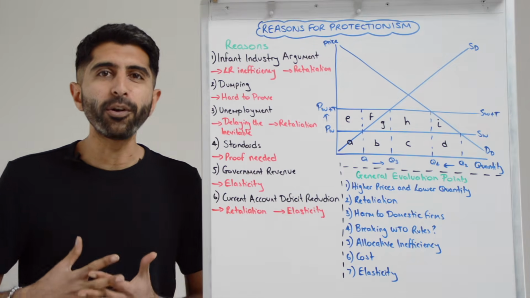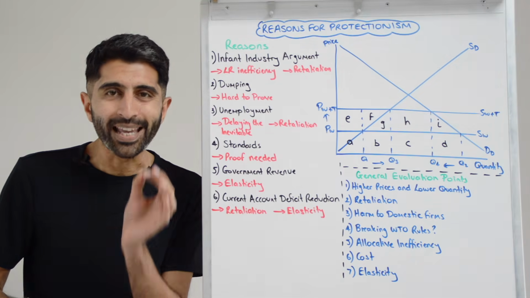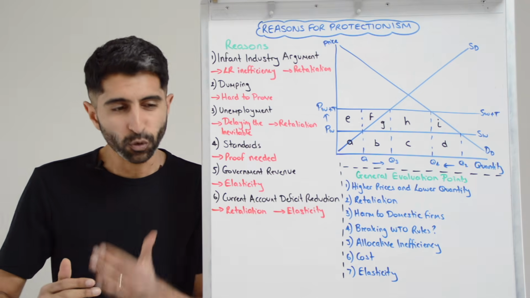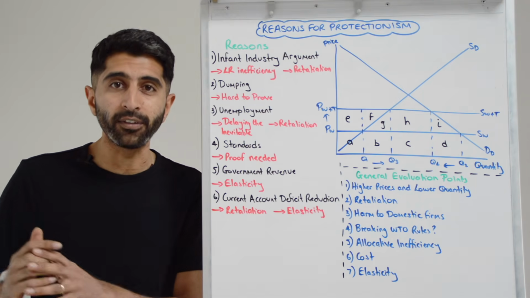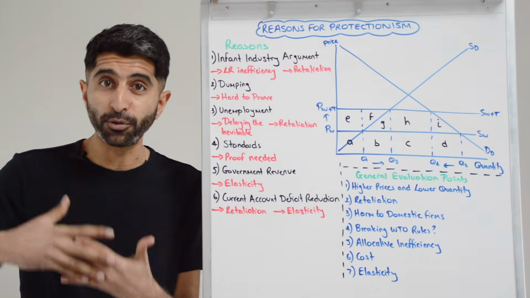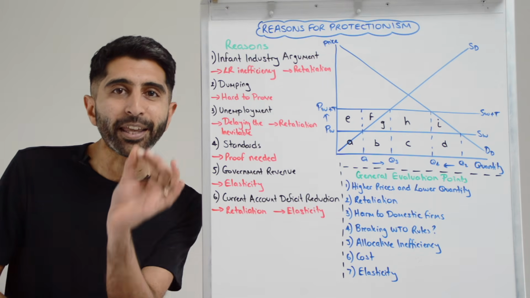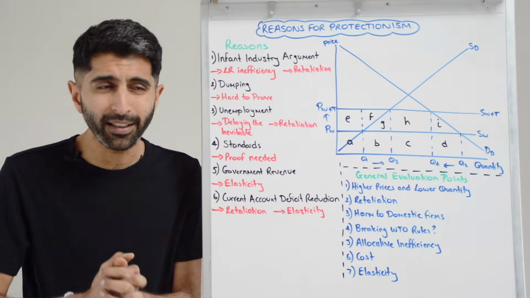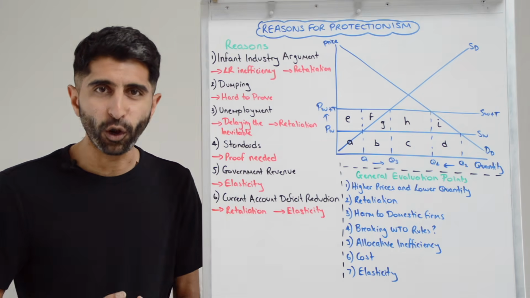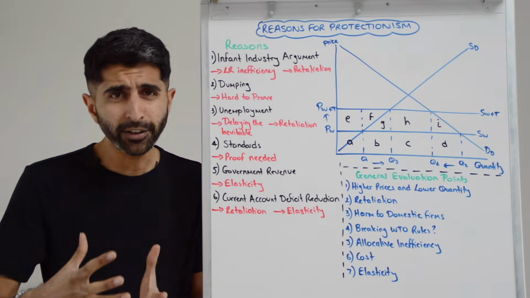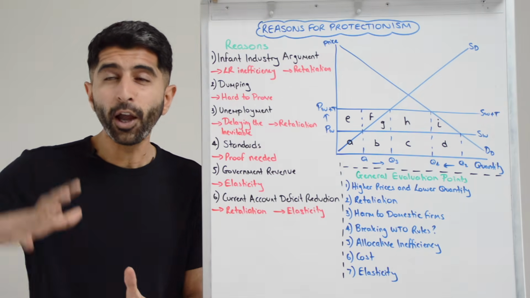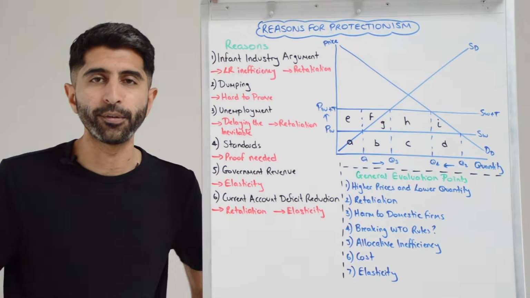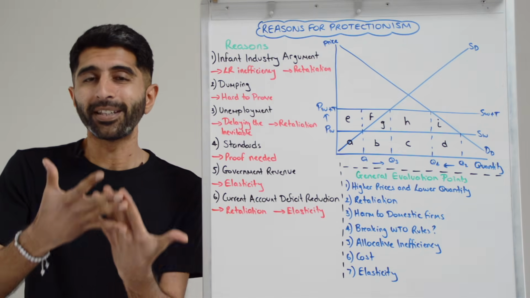Well, a very common reason for protectionism is the infant industry argument. Yes, using protectionist policies to allow small infant industries in a country to grow in size, to produce more output, to develop economies of scale, crucially, to then become more internationally competitive without that threat of global competition. And the idea is once these firms are competitive with more established industries overseas that already have large economies of scale, the protectionist measures can be taken away.